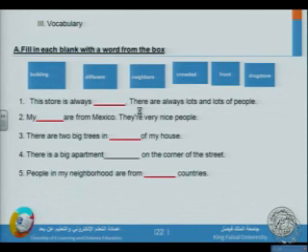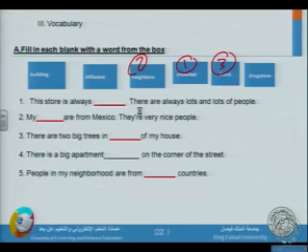You can answer it by yourself. Now fill in each blank with a word from the box. This store is always crowded. There are always lots and lots of people. This is the meaning of crowded, that there are many people. My neighbors are from Mexico. They are very nice people. Neighbors means جيران. There are two big trees in front of my house, in front of is a preposition we took from the prepositions. There is a big apartment